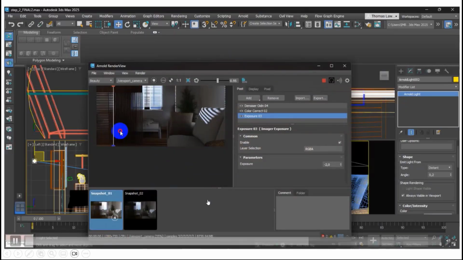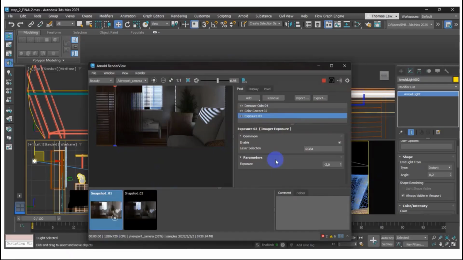Right now on my screen, you can even take a snapshot. What's the snapshot's purpose? Let's say you're pitching to your customer, hey, this is our render, so the customer can compare, right? They can compare: this is the before, this is the after. So they can decide which one they want.